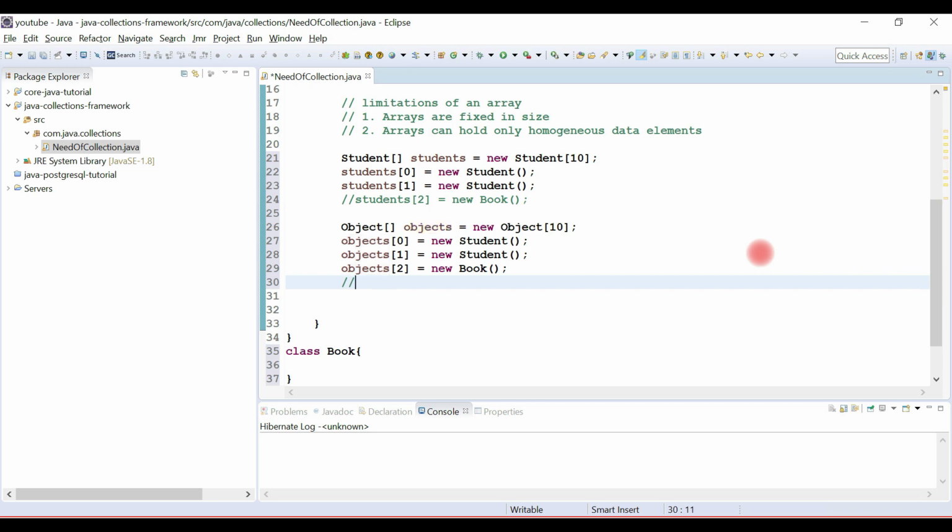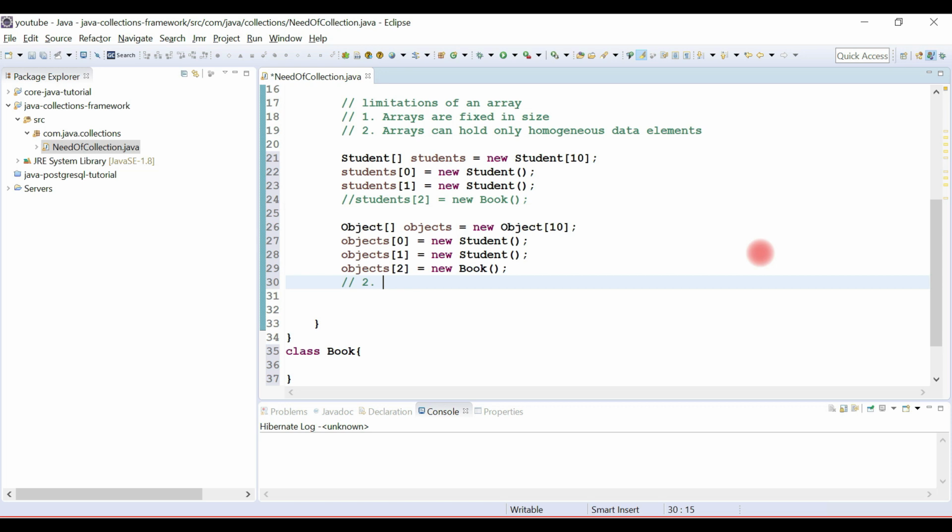Now let's understand one more important limitation of an array, that is, the array concept is not implemented using any standard data structure. Hence, an array does not provide any ready-made APIs or methods as per our requirement. Whenever we want to write some logic to implement an algorithm or data structure, we have to explicitly write the code in arrays.